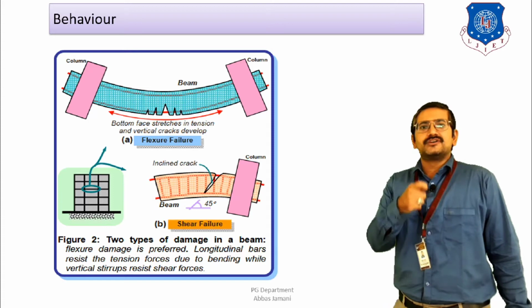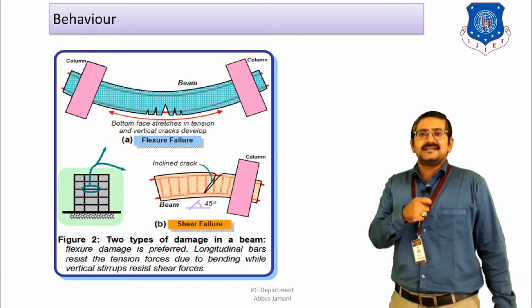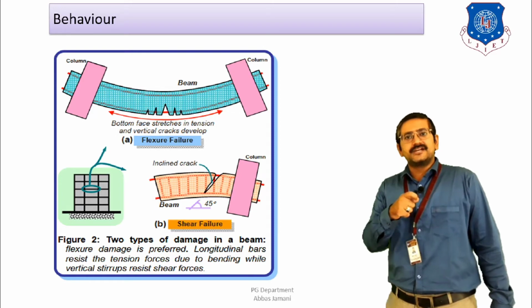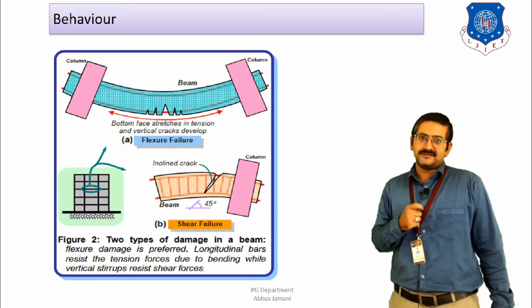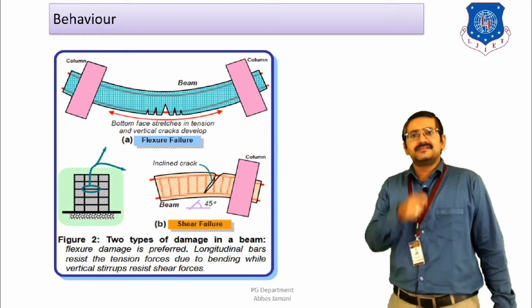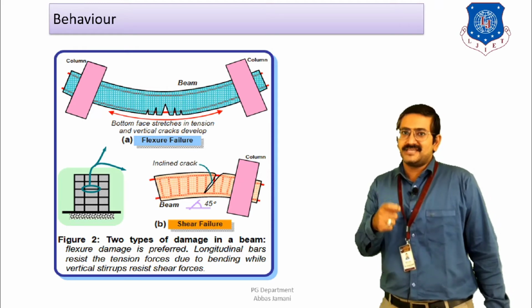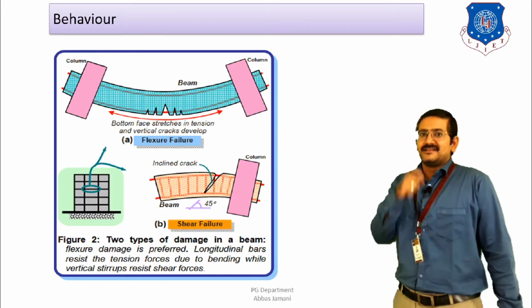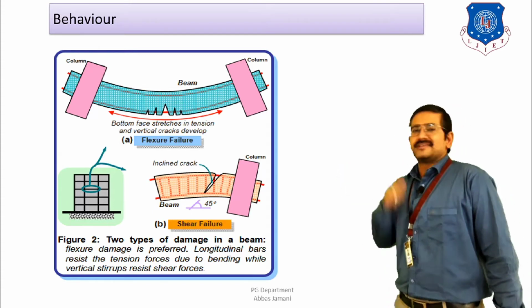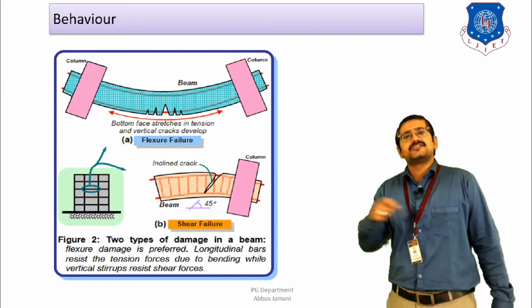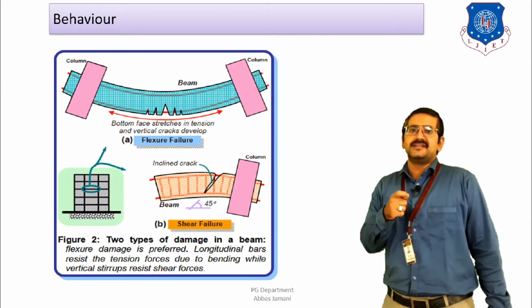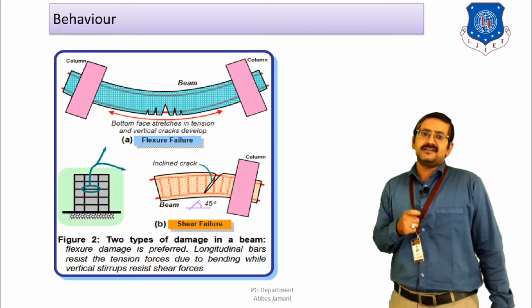So in order to achieve ductile behavior, it is necessary that sufficient elongation of the bar should take place, and then the concrete should crush, and then the failure should be initiated, right? For that to happen, the compression steel ratio has to be on the higher side and the tension steel ratio has to be on the lower side. If that is done, then and only then will you see the type of behavior shown over here, where the elongation of the bar takes place to a sufficient extent, and after that the crushing of concrete is initiated, and then the failure of the beam will happen, right?